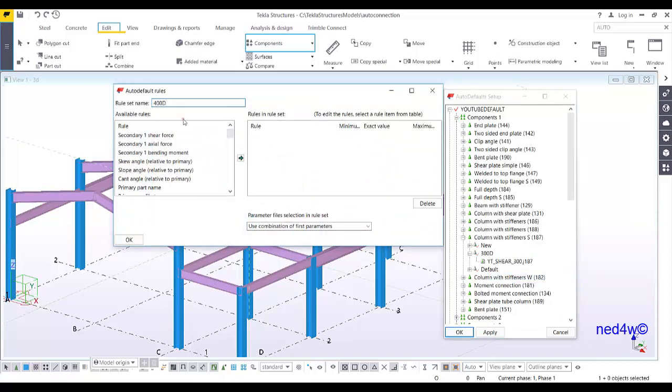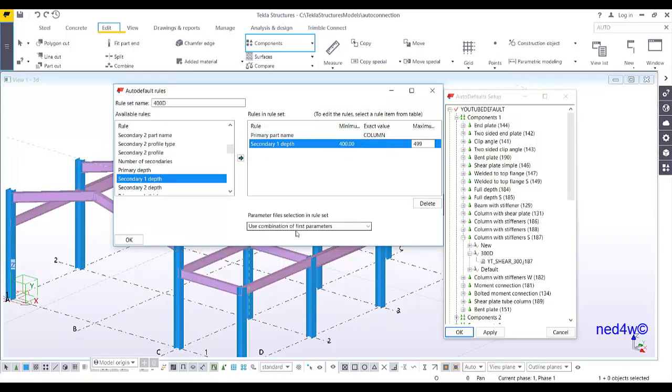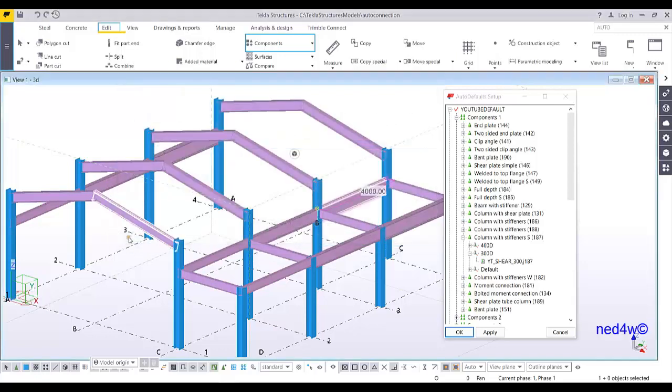change this one to 400D, and then primary part name is column, and then secondary depth is 400 to 499. Iterate until the symbol is green, and then click OK, and then here